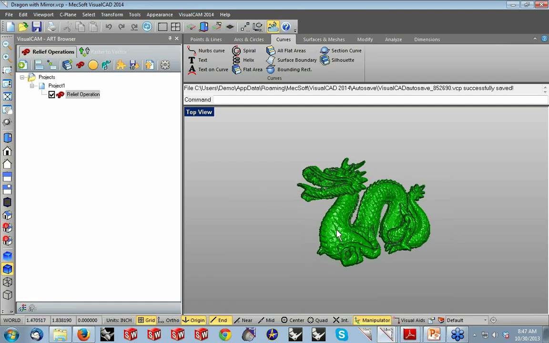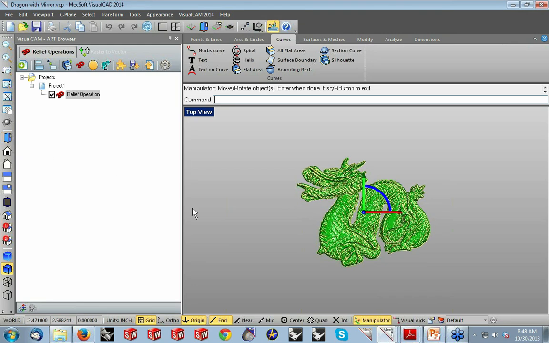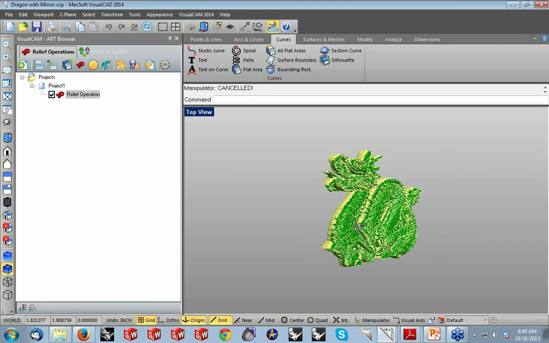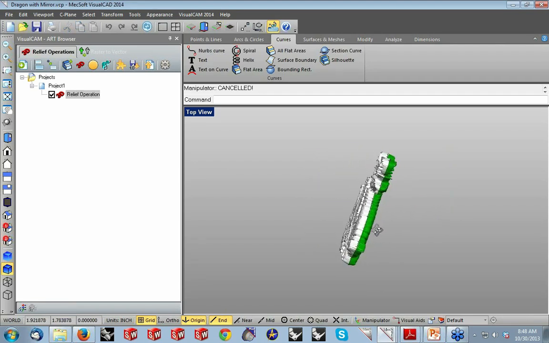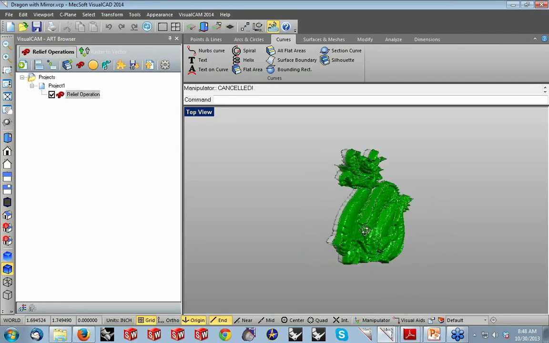So when I imported this image, basically it was just a 3D image. But what I've done is, and you can't see it yet, I'll rotate this part to the front view, I actually created this mirror mesh when I exported it. I'll go back to the top view, and I'll slightly, let me turn off the manipulator. I'll slightly rotate it, and you can see there that the original 3D image is in green, and the mirrored